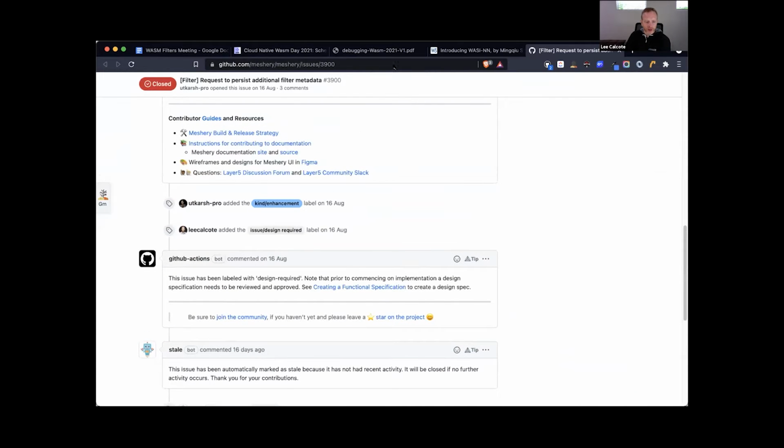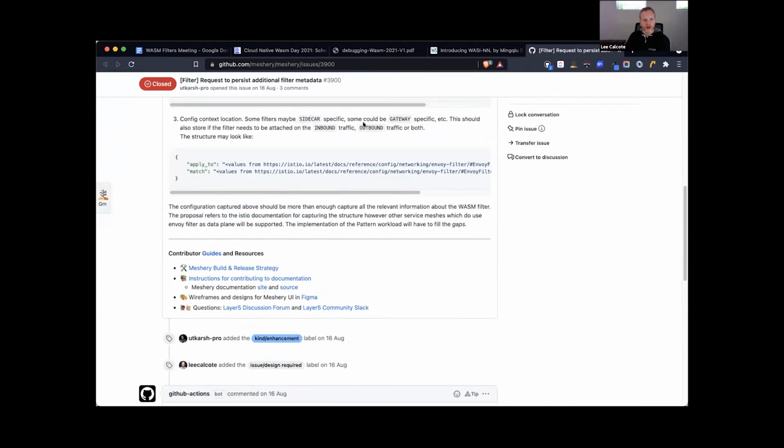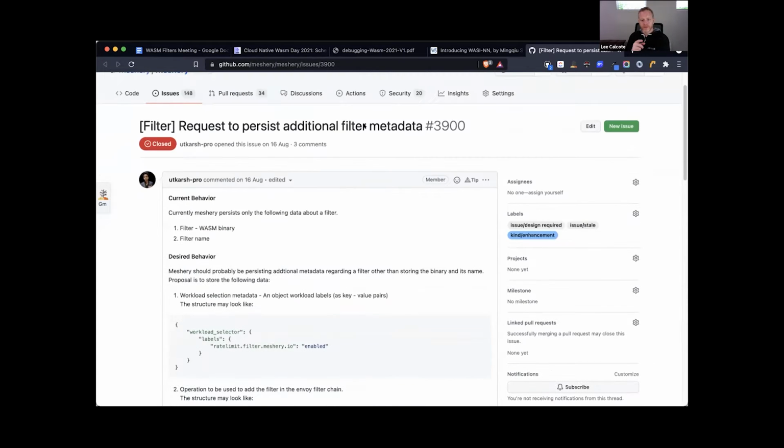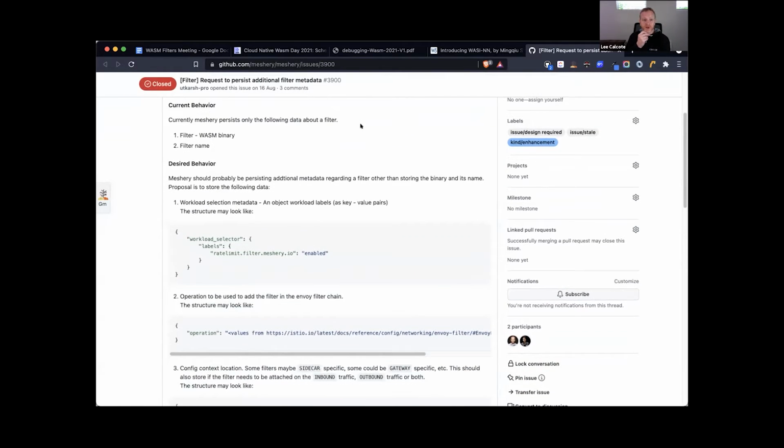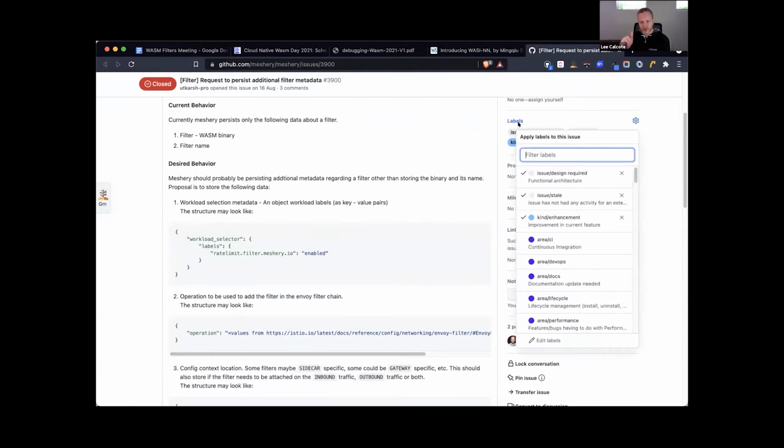As an alternate to pointing to a tar file or a zip file, it could be that we require that people point to a service mesh pattern that has this configuration that's being proposed, and that Meshery, as it interprets patterns, reads through any other URLs that it needs to go retrieve.